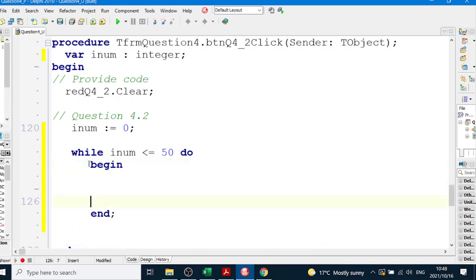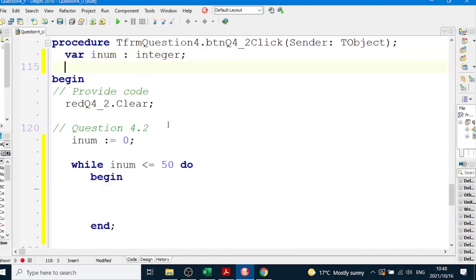Now inside the loop we're going to increment our total. We have to have a total. So our total is a real number. We have to go and add up boxes. Remember, we must go and total up something. So we initialize our totaling variables and our counter. Inum is our counter, and we want to continue going through everything